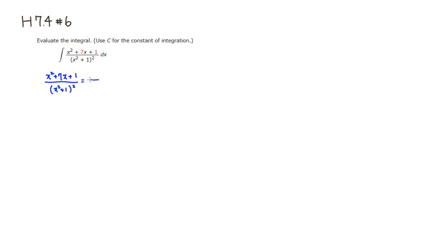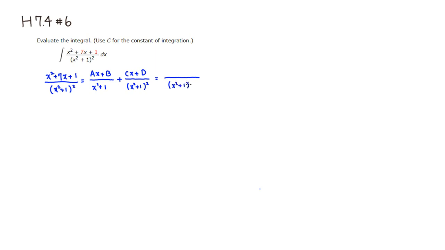We have a repeated quadratic factor, so we can split this into x squared plus 1, then x squared plus 1 squared. On top you're going to have a linear expression, so ax plus b here, and cx plus d. By putting this back together, by taking a common denominator, we're going to have quantity x squared